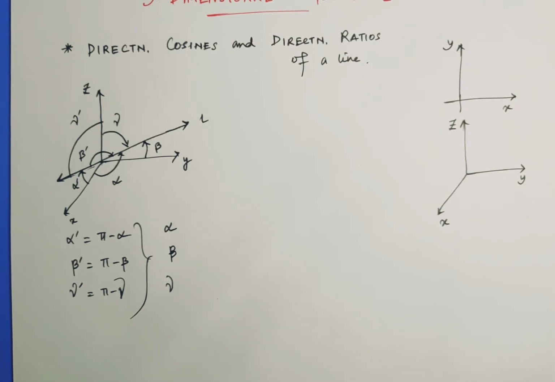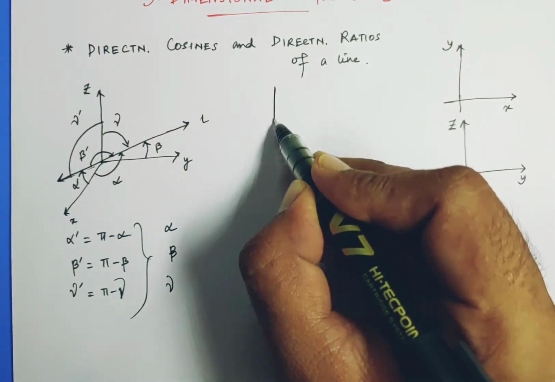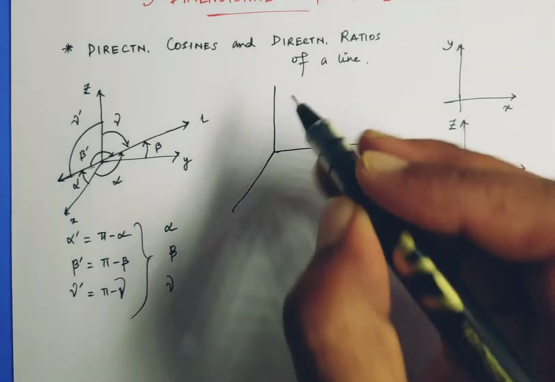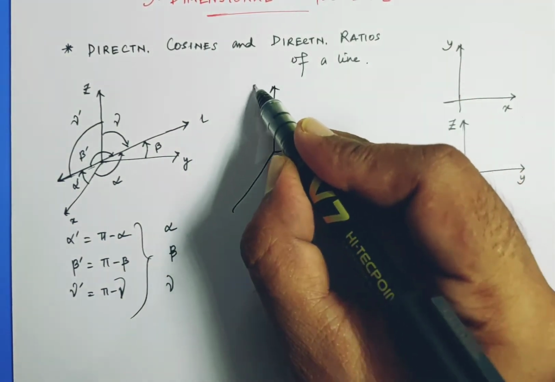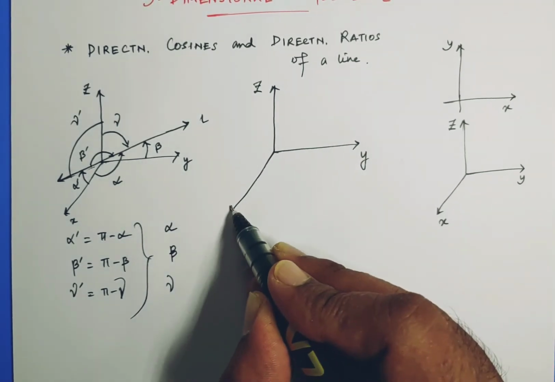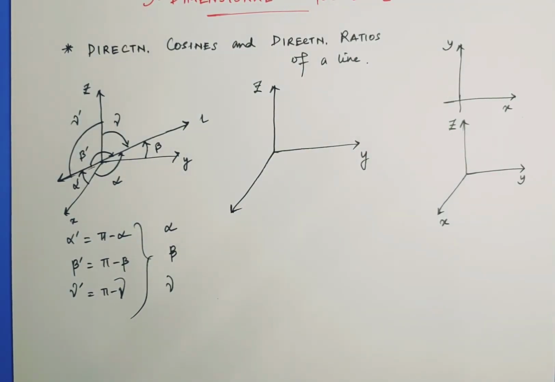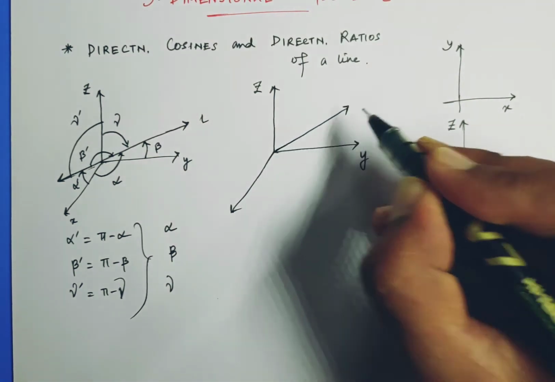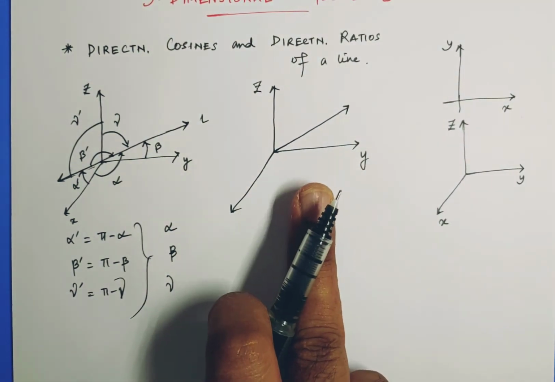But we will not be dealing with two sets. We will try to get only one set of direction angles. Clear? So then what we will do? Then comes a new thing, known as a directed line. A directed line means the line is directed in only one direction. So I will just do it like this. This is what a directed line looks like.